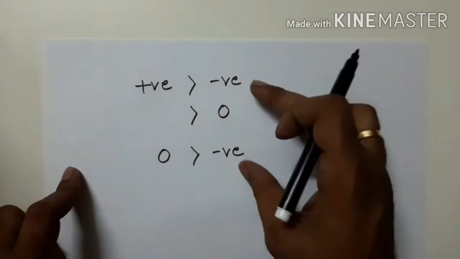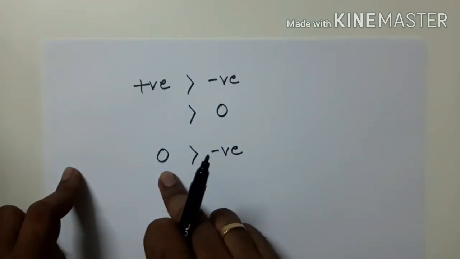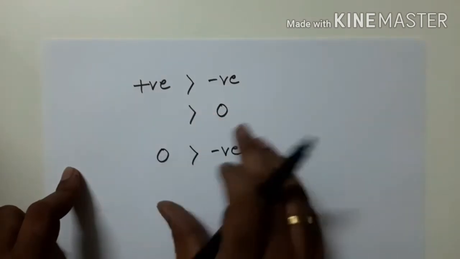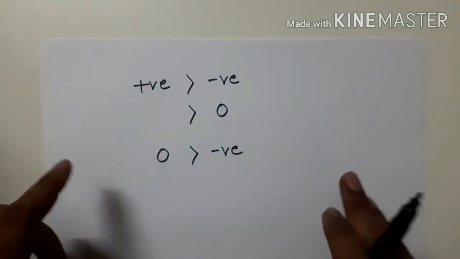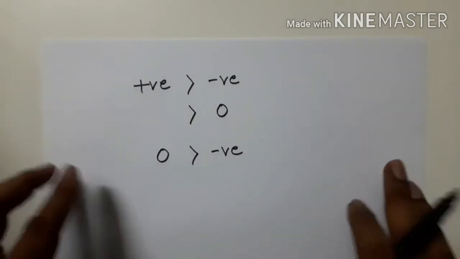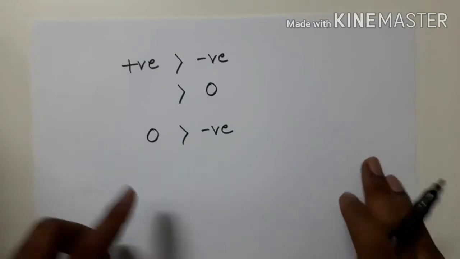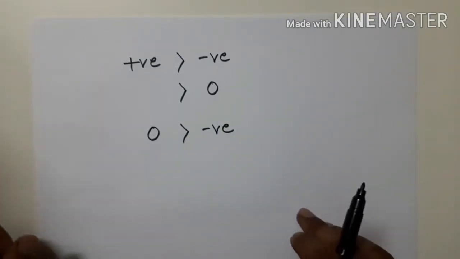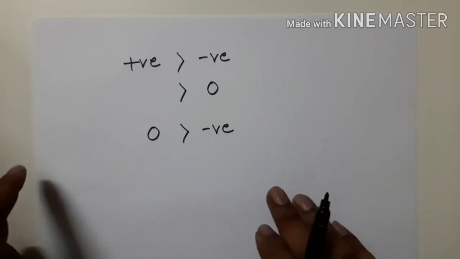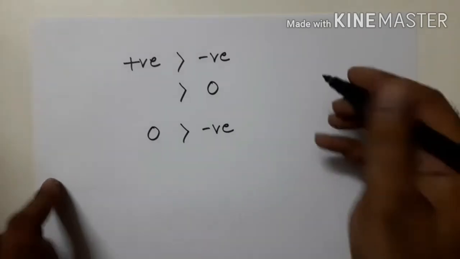So you can see here negative is always less than the positive and 0. All the negative rationals will always be less than 0 and all the positive rationals. So if we are to compare a positive rational and a negative rational, we can say directly just by seeing their sign. Negative rationals will always be less, positive rationals will always be more. Let's see how it works.